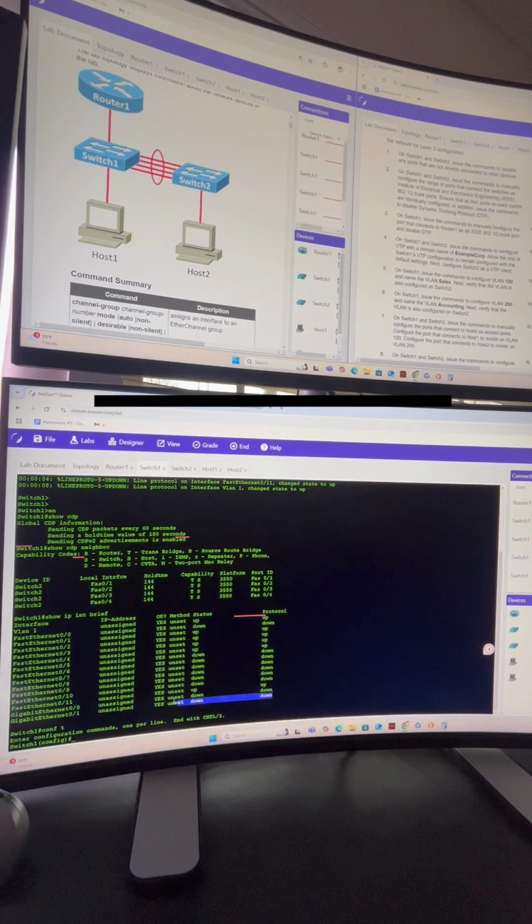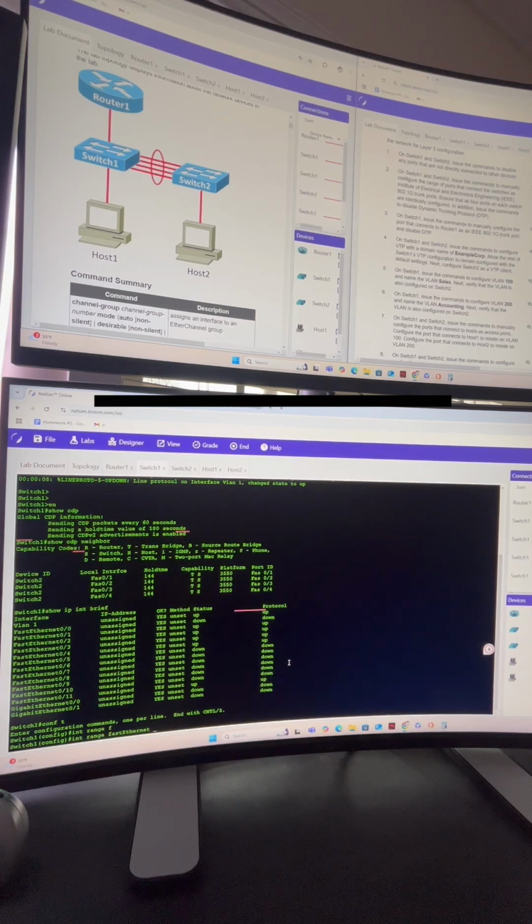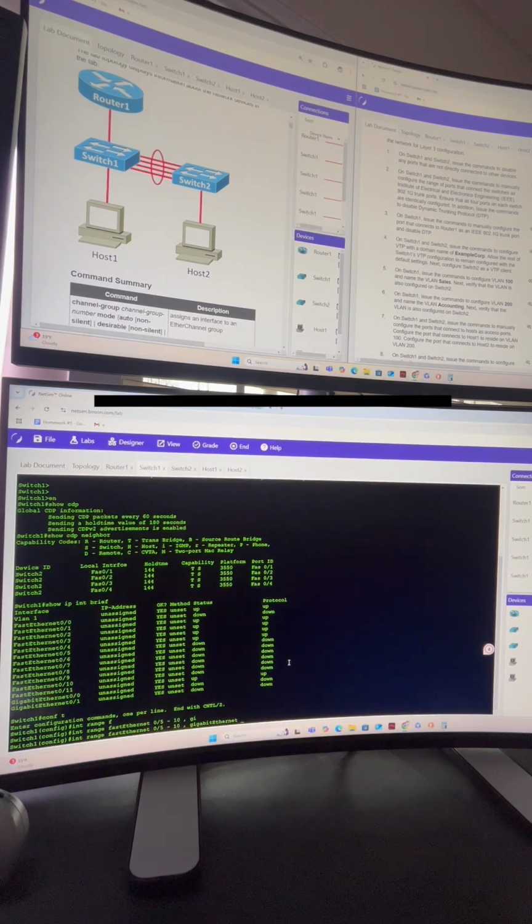These gigabit Ethernet connections also need to be in this range. So let's do an interface range FastEthernet 0/5 through 10,